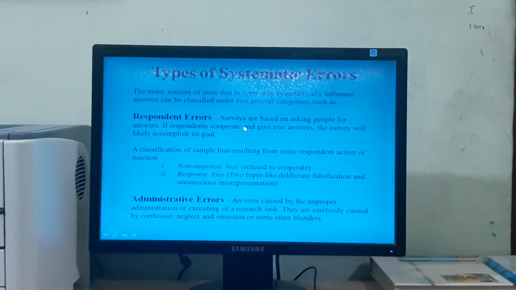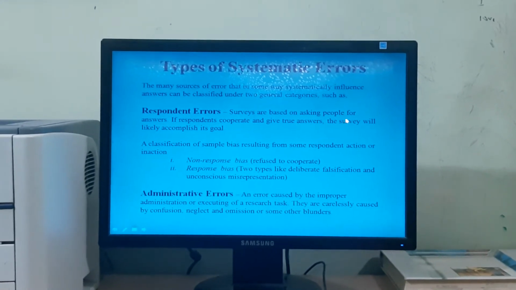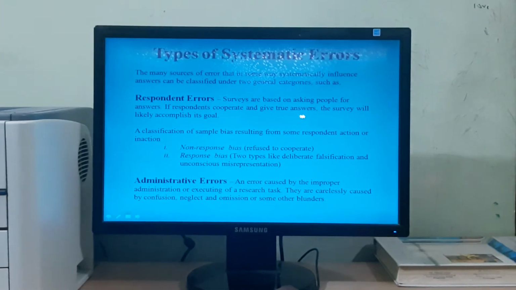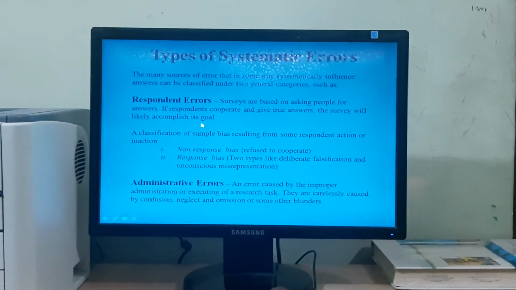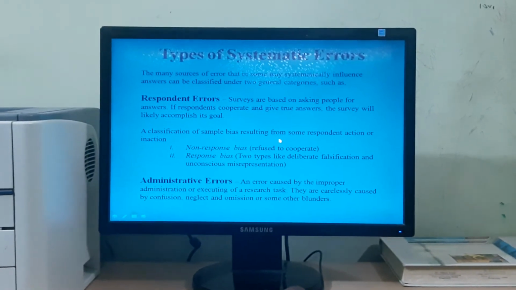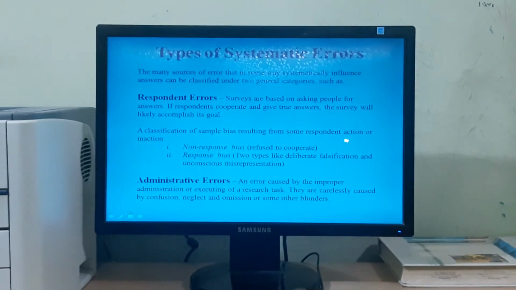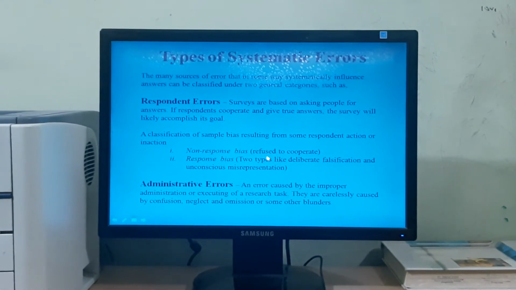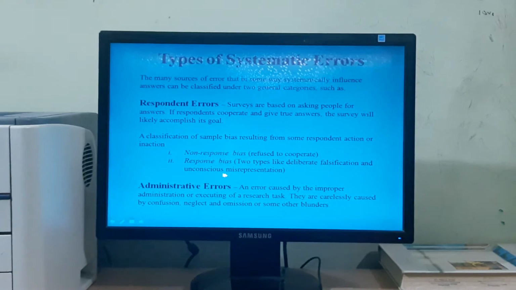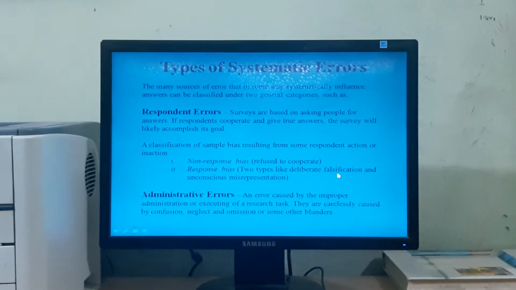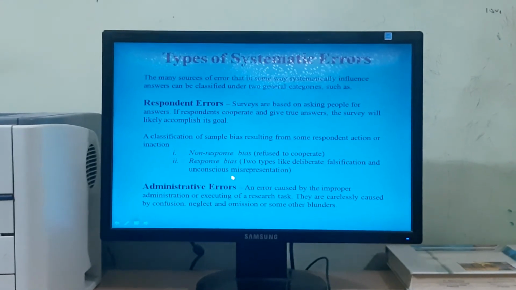Respondent errors. Surveys are based on asking people for answers. If respondents cooperate and give true answers, the survey will likely accomplish its goal. It is a classification of sample bias resulting from some respondent action or inaction, such as non-response bias, that means refusing to cooperate, and response bias, that is of two types like deliberate falsification and unconscious misrepresentation.